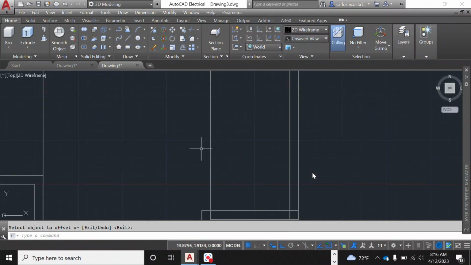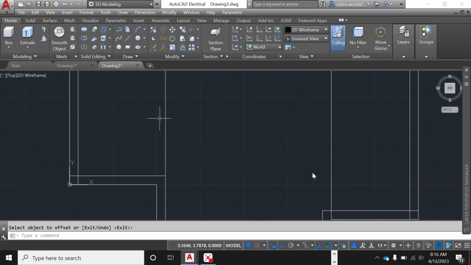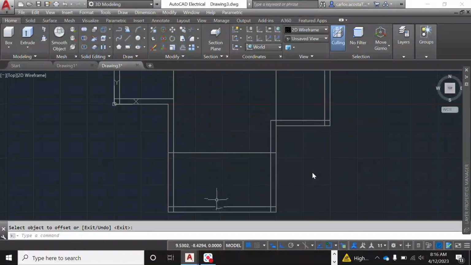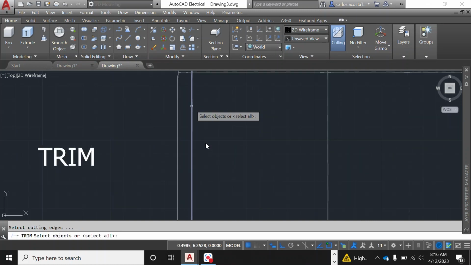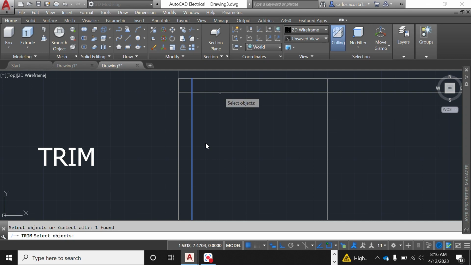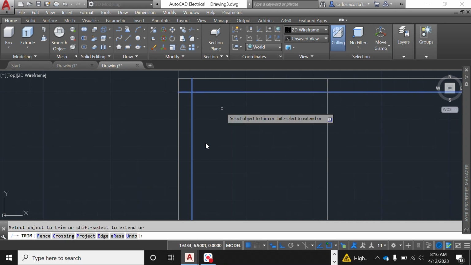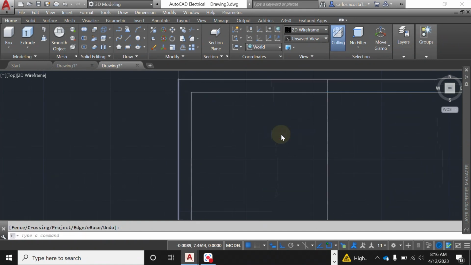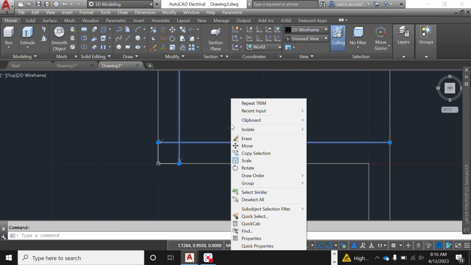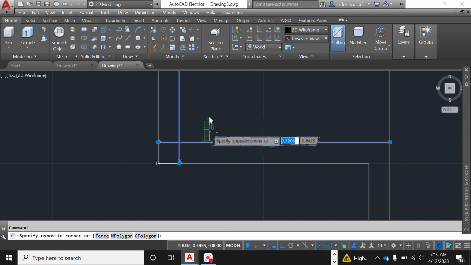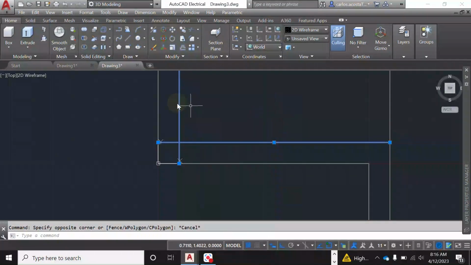Okay, so now we can do trimming because we want to have a door here and a door here, a door here, and we want windows. So let's do trim, and we're going to select this line and that line. Right click, enter, trim, trim. Right click, enter. Same thing here. This line, right click, enter. So repeat trim, select this line, right click,